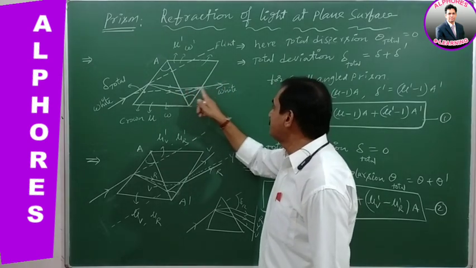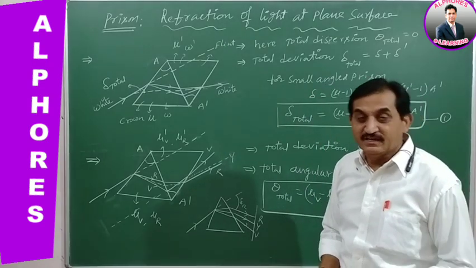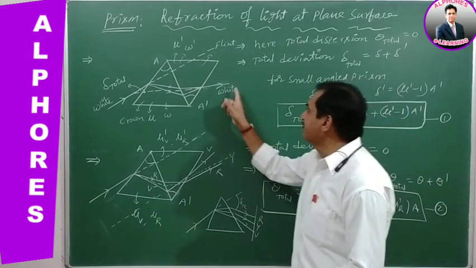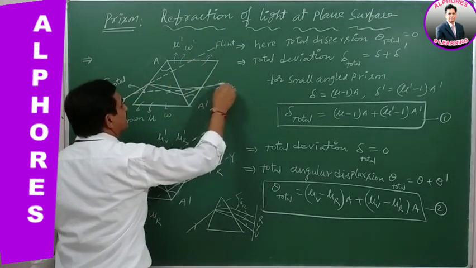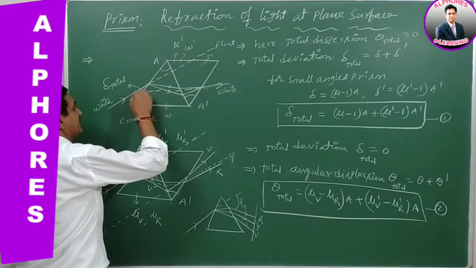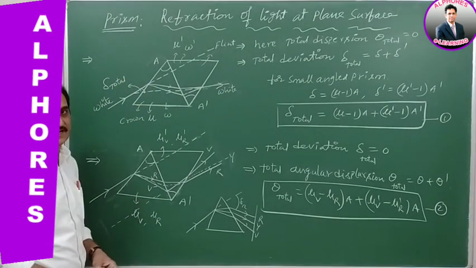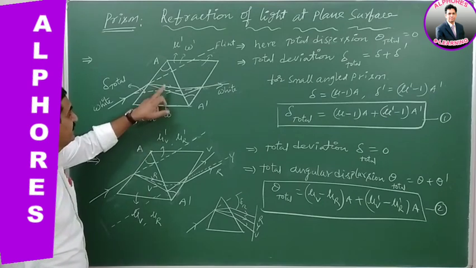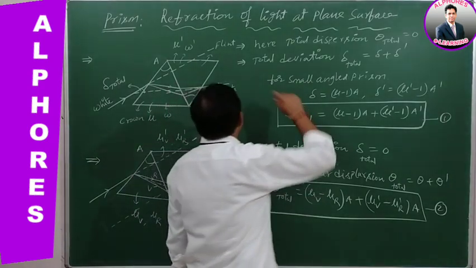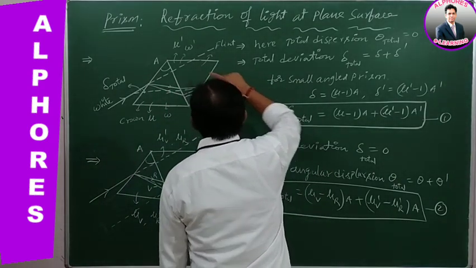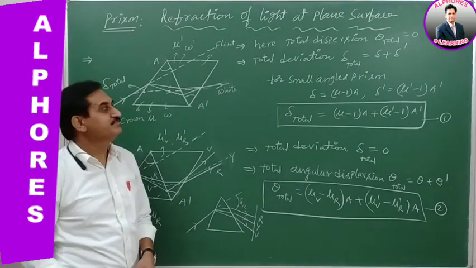Finally the dispersion will nullify whenever the two prisms are connected in reverse sense, and it is only giving the deviation. See, this is the incident light and this is the emergent light. These two are extended, so here it is giving the total deviation suffered by the light. The deviation given by the first prism, say delta, and the deviation suffered by the light in the second prism, say delta dash.